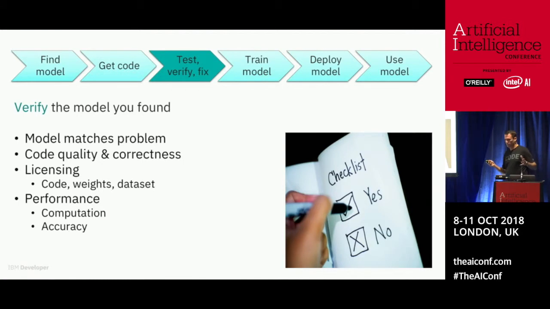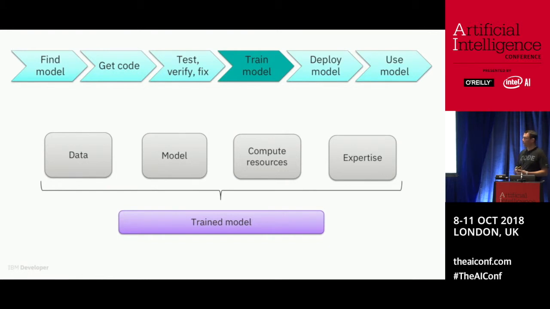So once you've completed that discovery phase and you're through to verifying everything, you then need to go and train and deploy, or in the case of a pre-trained model, simply deploy the model. So training is all about loading, analyzing, preparing the training data, so all the pre-processing involved in that. Training and analyzing and tuning model parameters, and applying the expertise and the compute resources required to come up with that trained model. So this is the subject of many potential conference talks just on its own. But there's a lot of complexity that is hidden in this part of the process.